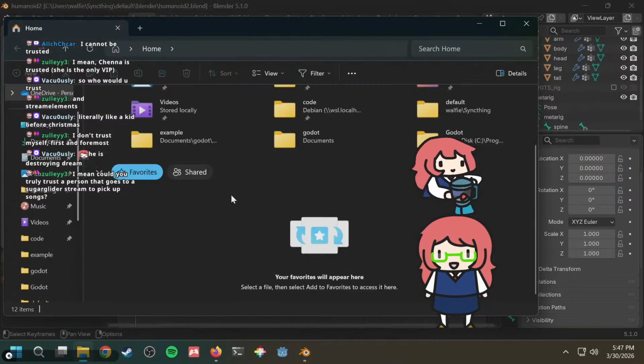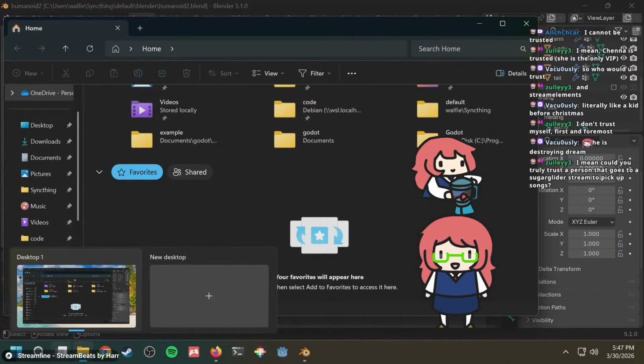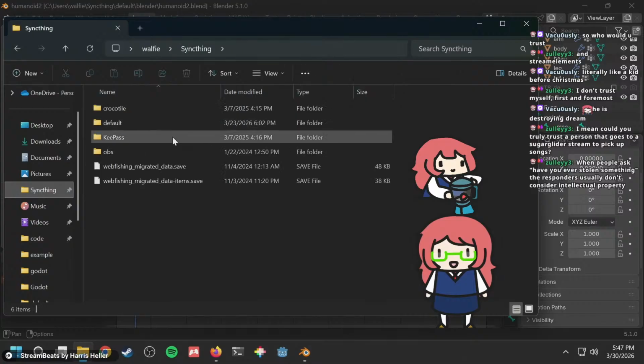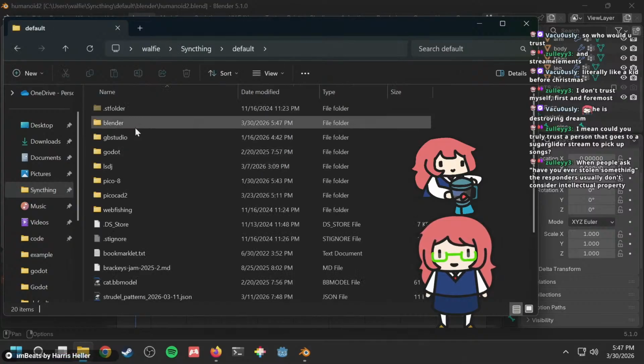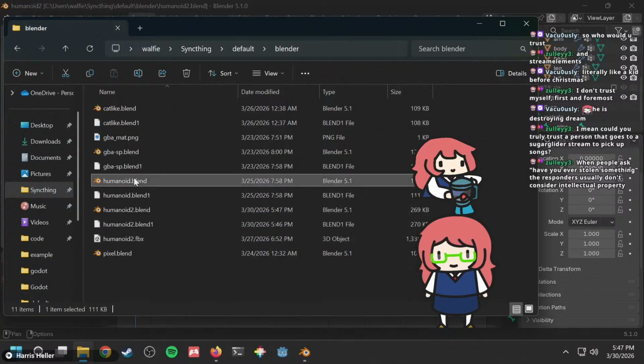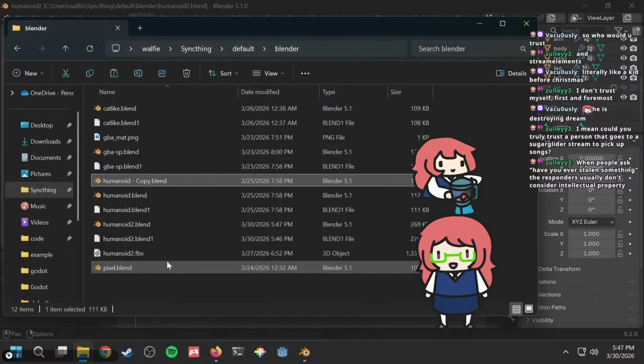Alright, let's make a backup. You know, this is where it'd be good to have Git version control. But I won't. Instead of doing that, I'm just gonna copy the file and name it _old or something. Default Blender humanoid 2. Paste it. Humanoid copy.